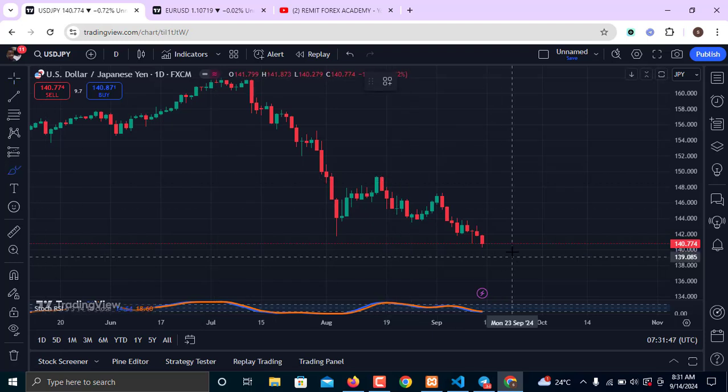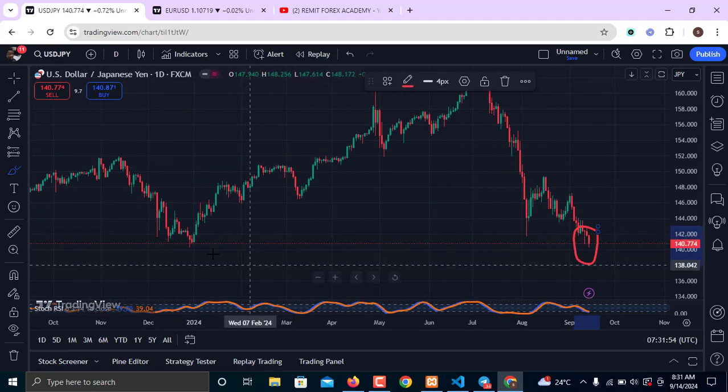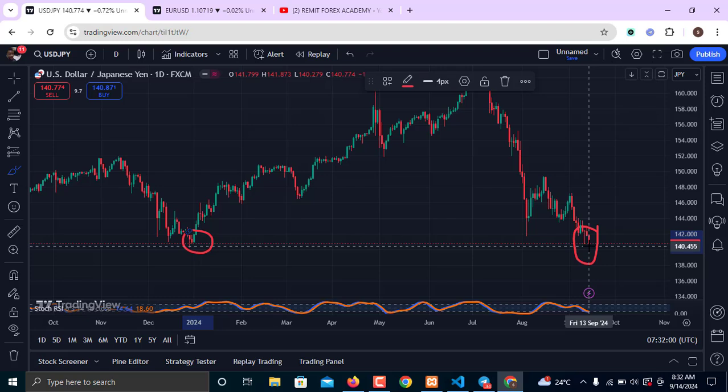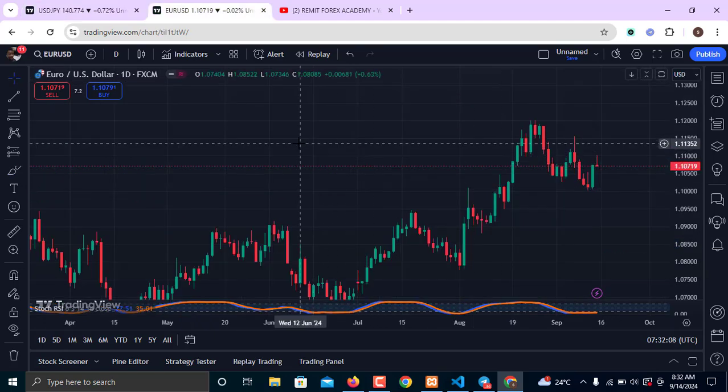Liquidity is about to be taken off the market at this very point on USDJPY. Look at it from this very area of important support right here. Market came all the way down to the same support, and right now market is about to take liquidity. This is what we'll be talking about in this video and many more. Pay attention, watch this video all the way to the very end so you better prepare yourself for the next